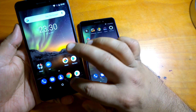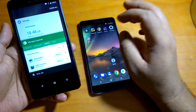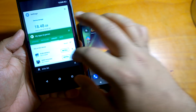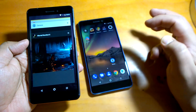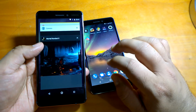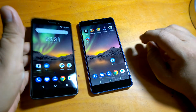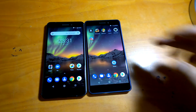So as you can notice, still after sending it to the background, we can hear sound coming from this phone, the 3 GB RAM one. So that tells you that 3 GB RAM is really not sufficient when it comes to multitasking with really heavy games like GTA San Andreas and Mortal Kombat. So obviously it's really not enough memory. So if you really want to enjoy powerful multitasking, then you should go for the 4 GB RAM